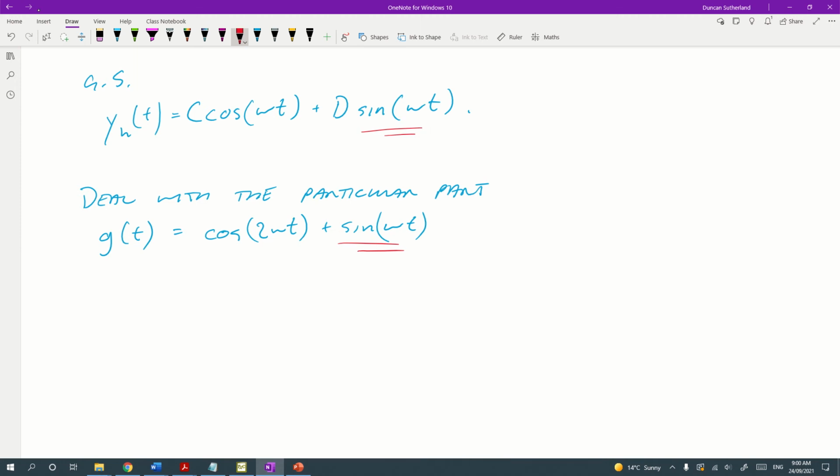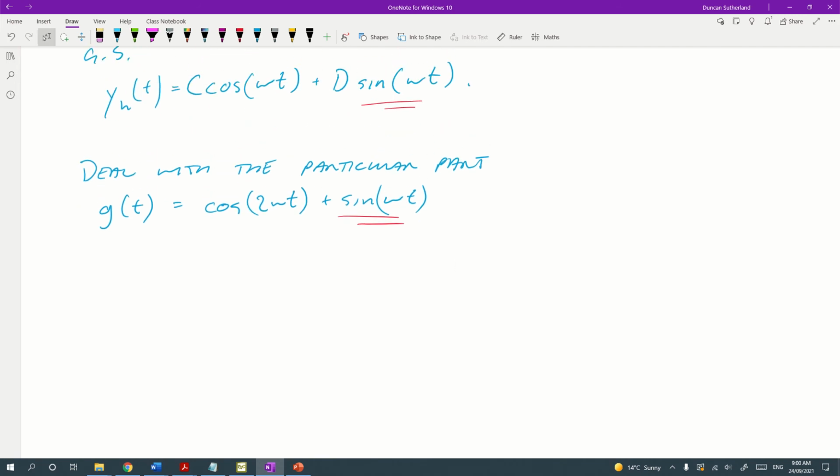we're actually going to just get this as solving the homogeneous problem. This term does not solve the homogeneous problem. The frequencies are different. We've got a cosine 2 omega here, but this sine omega is a problem. It's going to match with this term here. So what we're going to have to do is guess, from tables or whatever, a y particular equals